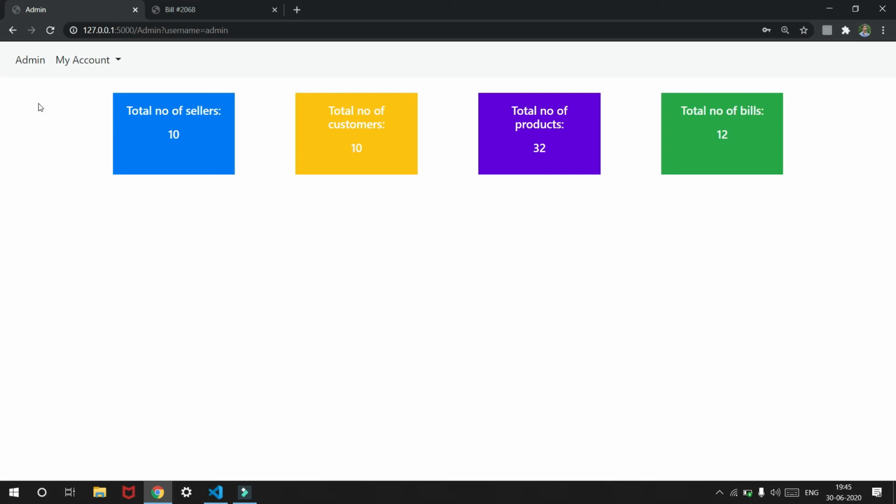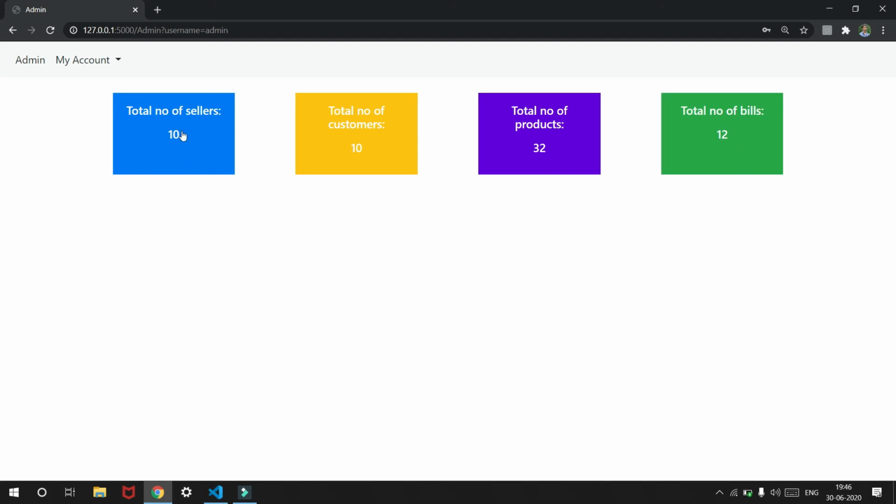He's going to see who the sellers are, the total number of customers, what products we have, and how many bills and transactions have been initiated on our website. Here we get the total number of sellers as 10, total number of customers as 10, the products count is 32, and the total number of bills.